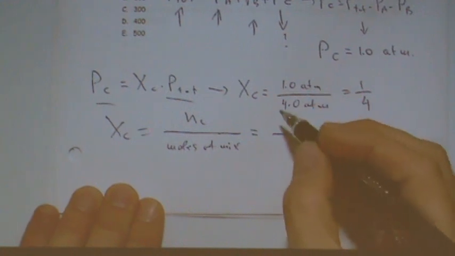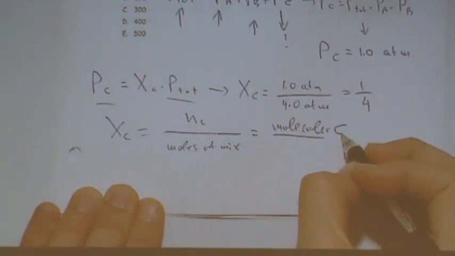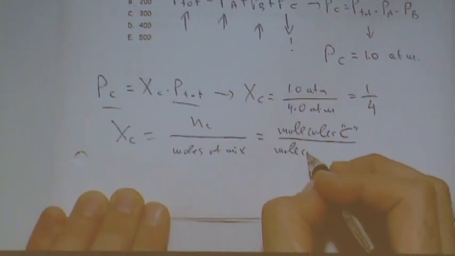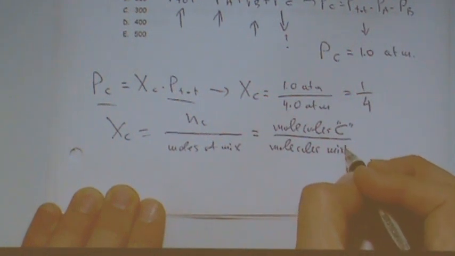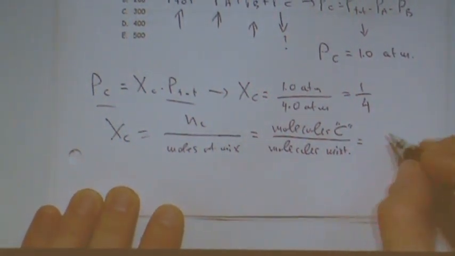So it's going to be molecules of C per molecules of mixture. Yes? And that is, we know